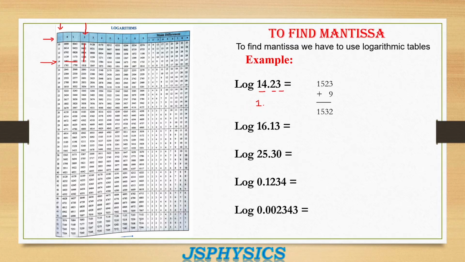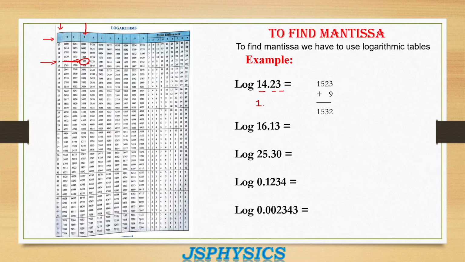We'll divide the given number into 3 groups. First will be 2 digits taken together, and then 1 digit, and then 1 digit, right? So the first 2 digits signify that particular row. In the row of 14, we have to go to the right-hand side, and then we have to stop under the column of 2. So if I go from here, I'll stop here. This is the column of 2. The number written here is this